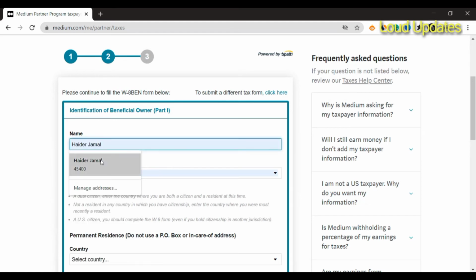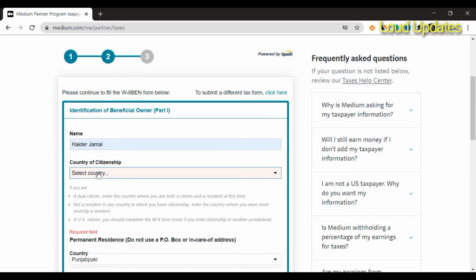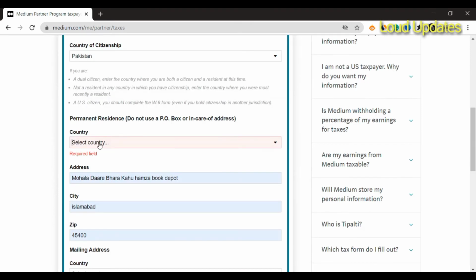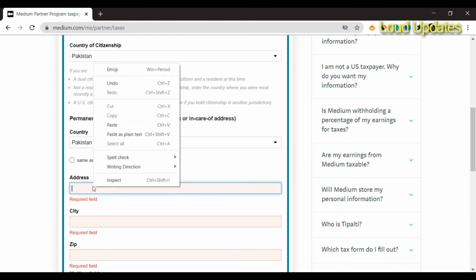First of all, enter your name, and next select your country, simply search your country, and again country, and same as contact address.